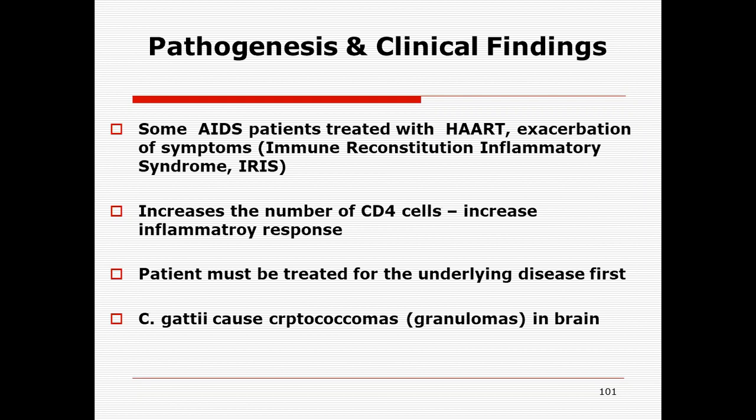Now, the treatment with this antiviral therapy accelerates the symptoms of the disease, what we call the immune reconstitution inflammatory syndrome. Patients of AIDS treated with HAART therapy show accelerated symptoms, and this phenomenon is known as the IRIS phenomenon, meaning immune